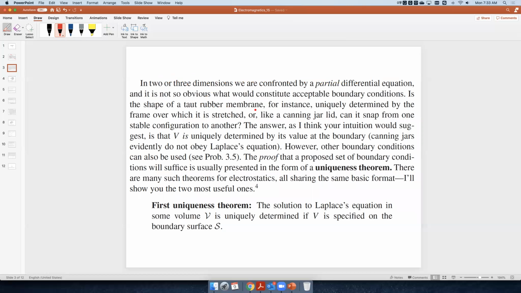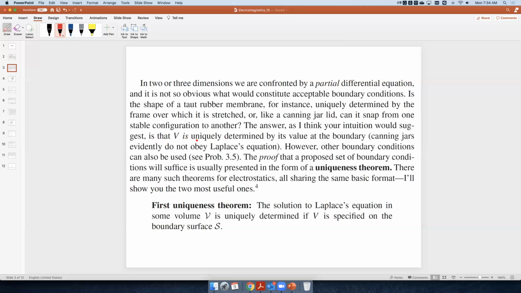If you remember in our previous lecture, we drew a box and put a rubber membrane on the box, and the boundary of the box could be an arbitrary shape. If we take this as an example, the shape is uniquely determined by the frame over which it is stretched. Like a snapping jar lid, can it snap from one stable configuration to another? Actually, the answer is